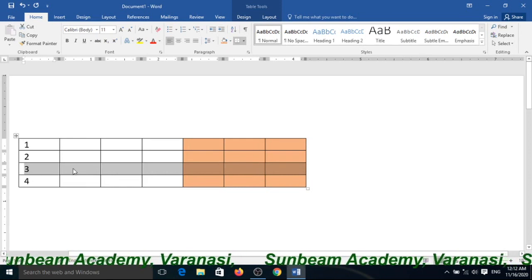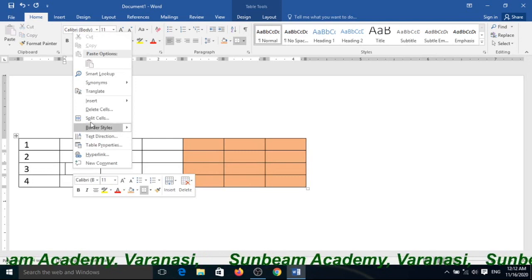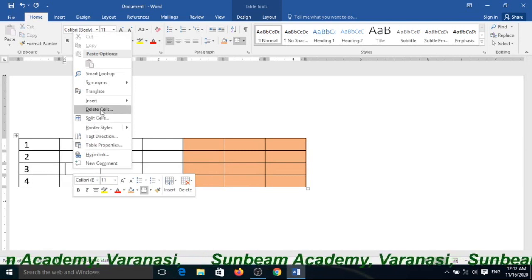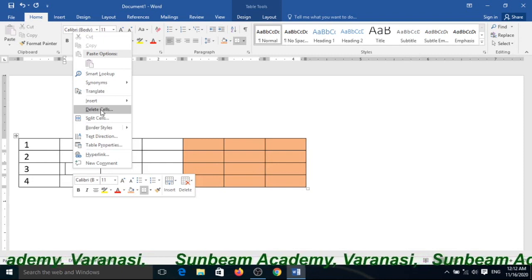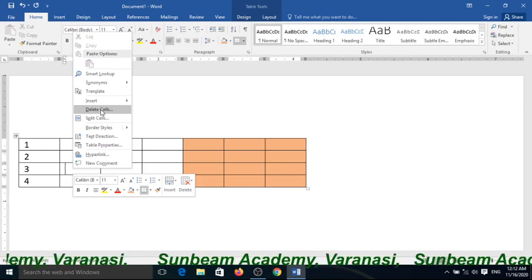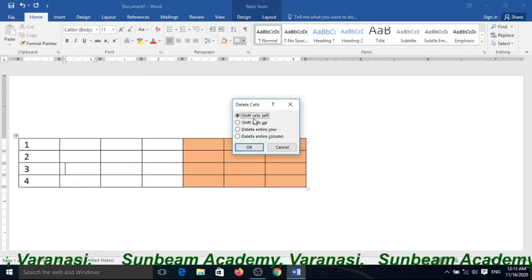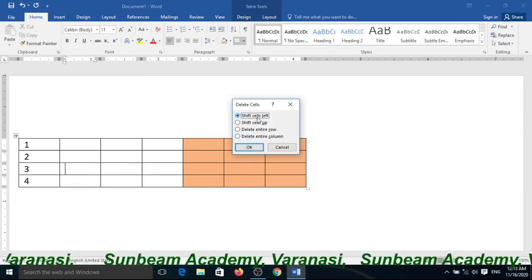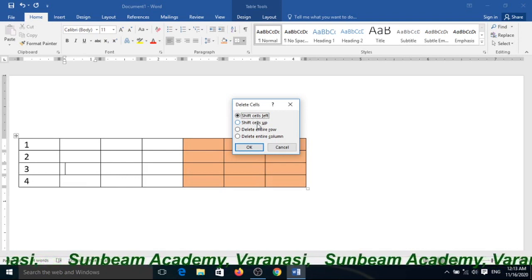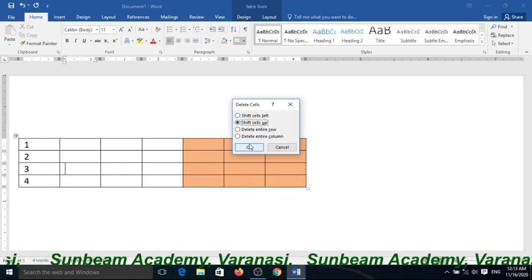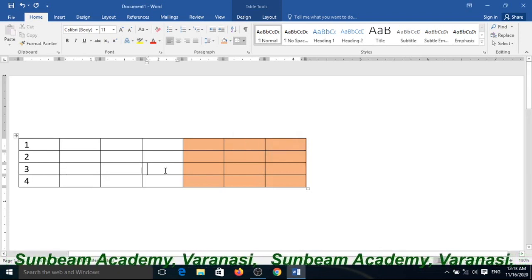Right click and Delete Cells. See, a dialog box will appear. Shift cells left or up. Yes, you choose up.